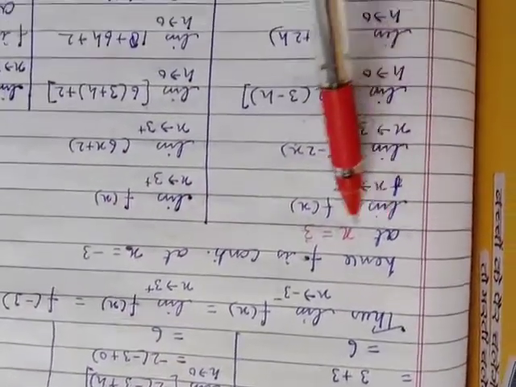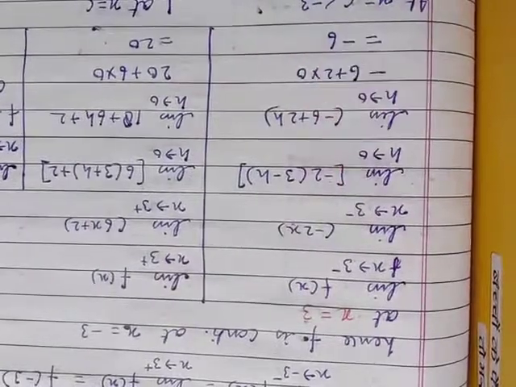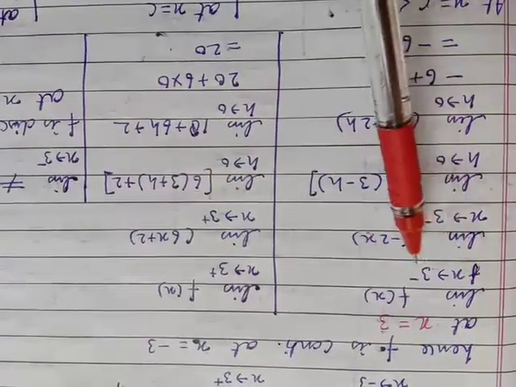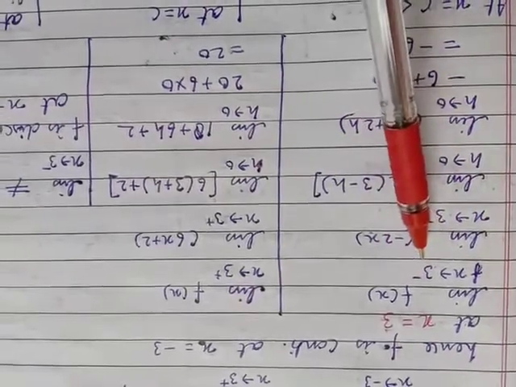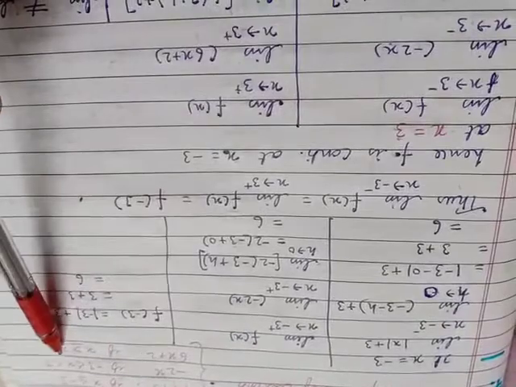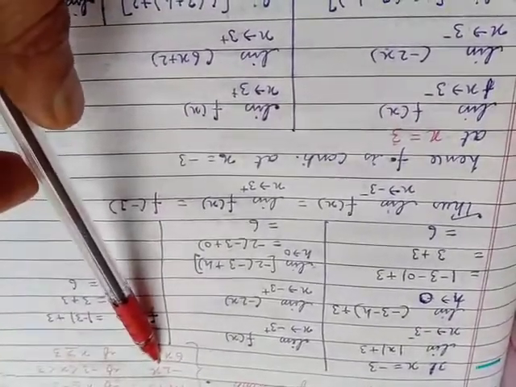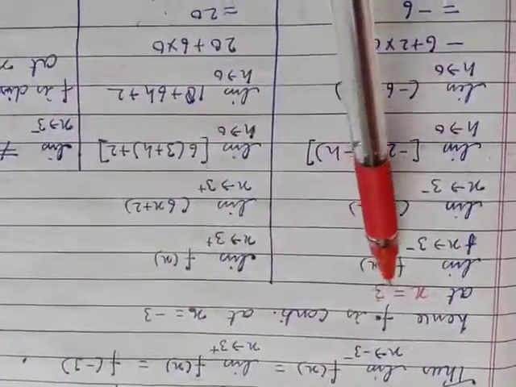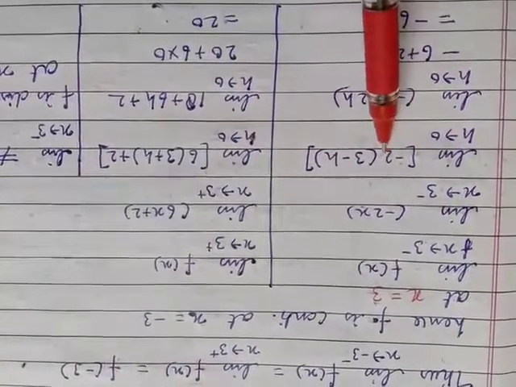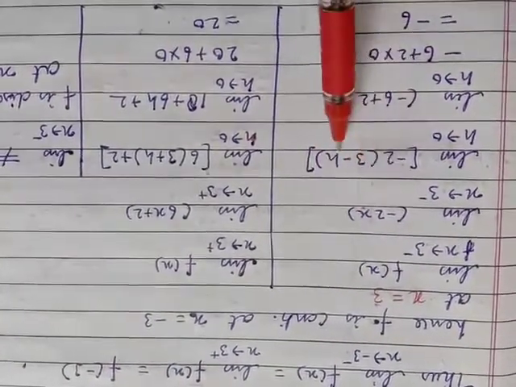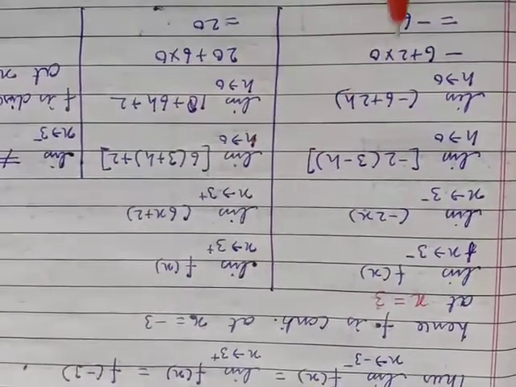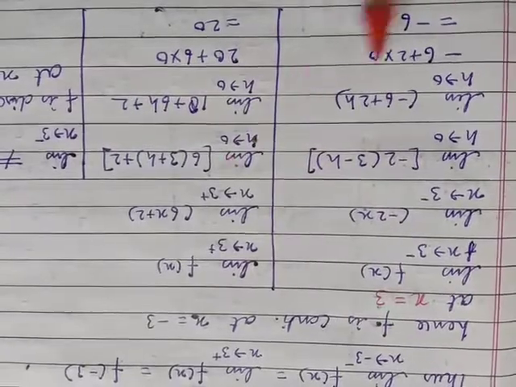Now we are going to check x equal to 3. Then limit x tends to 3 negative. When x is less than 3, the function is -2x. So we write limit h tends to 0 of -2 times (3 - h), taking the left hand side so subtracting h. Put the value of h, it is 0, and it becomes -6.